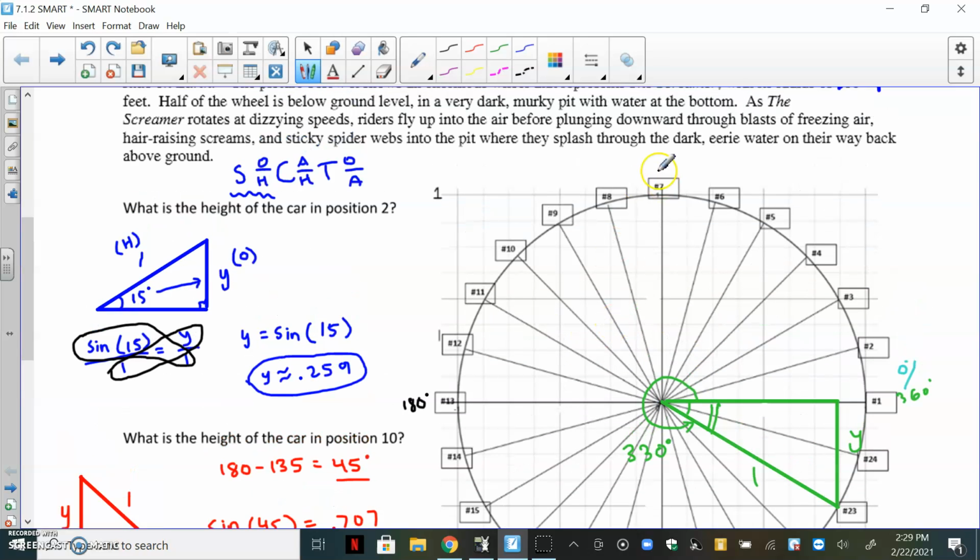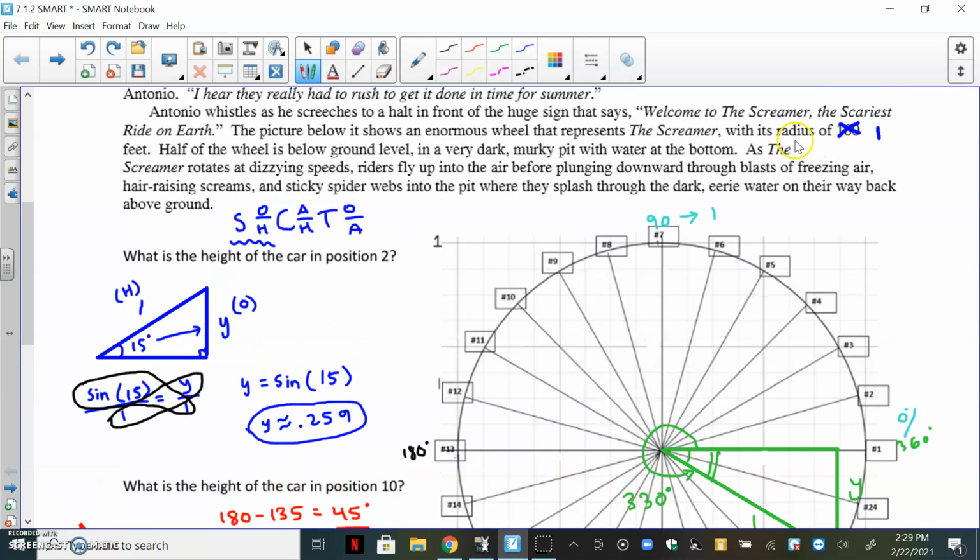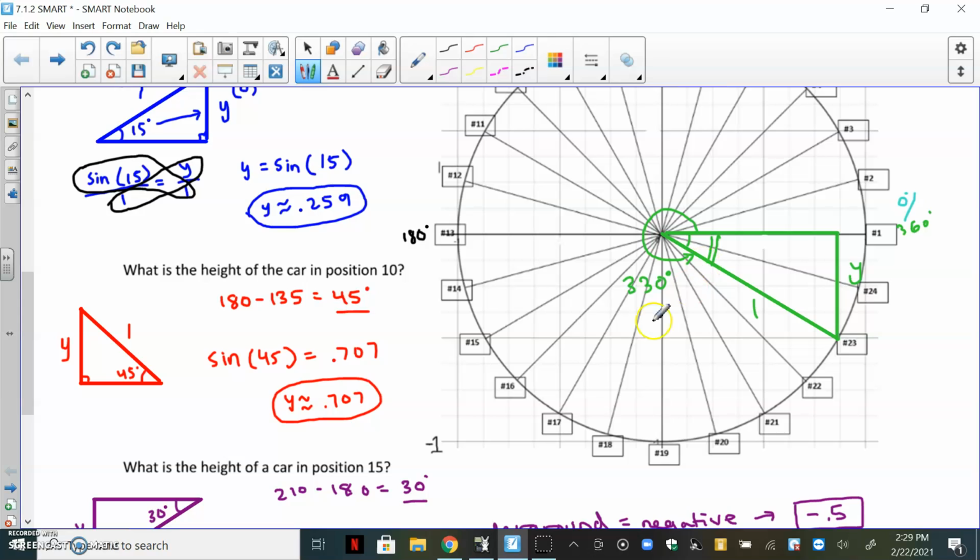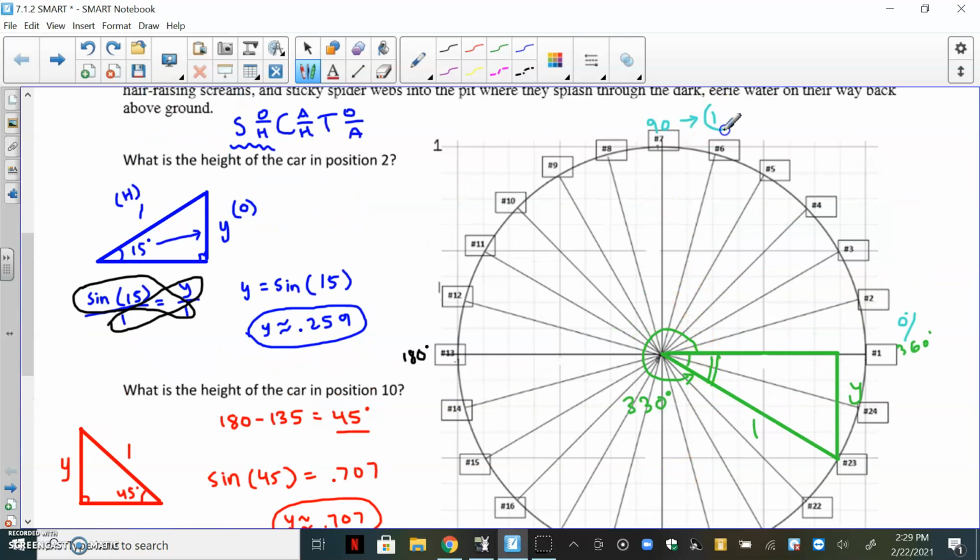Whereas if you go up here to 90 degrees, since this is a radius, this is a perfectly straight up and down radius length, it would be 1. Because remember our radius we said was 1. And then likewise down here when we're directly below, it's still going to be 1, but because we're underground, this one is going to be negative 1. All right, so those ones are just slightly